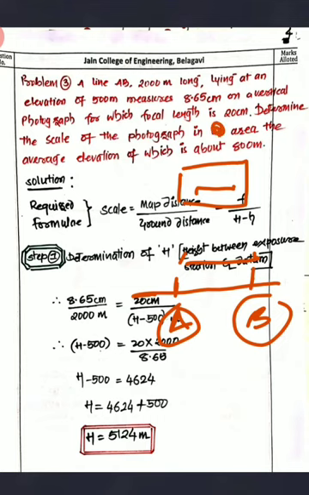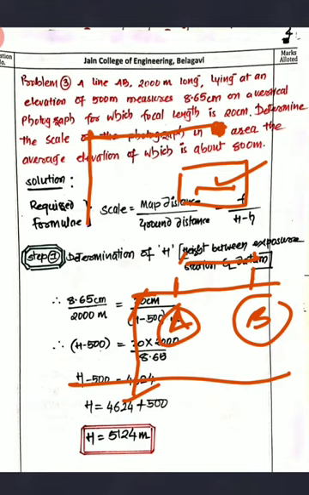Now this has been done, right? The ground elevation is also given. See, you will be having a datum, and this small h here is 500 meters, right? Small h is 500 meters. Now this AB, which is 2000 on the ground, is 8.65 on the photograph. Now what they are asking is that you are supposed to determine the capital H. Now see, this is the camera, this is the height, and this is the datum. You are supposed to determine the capital H, right?